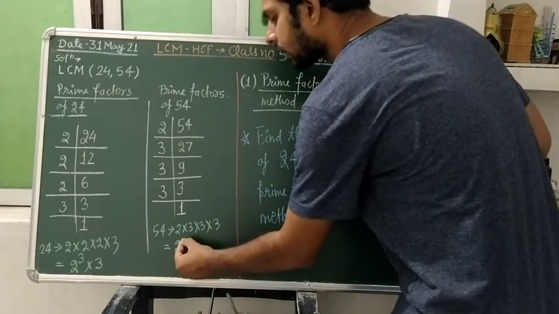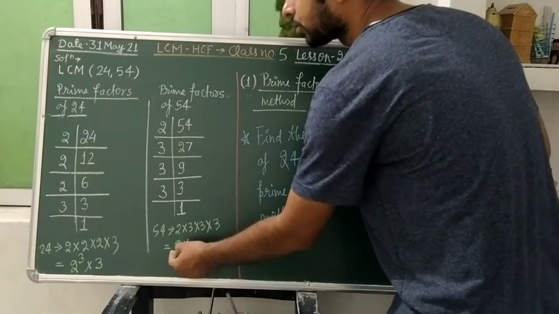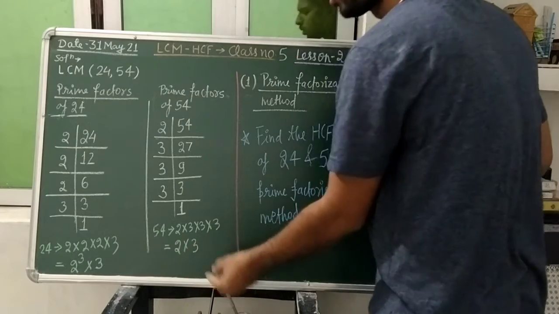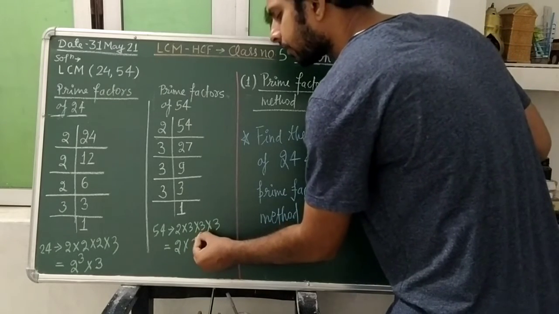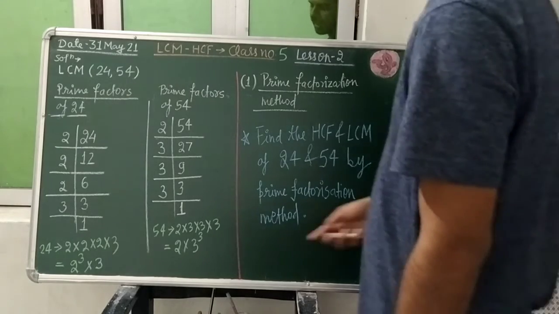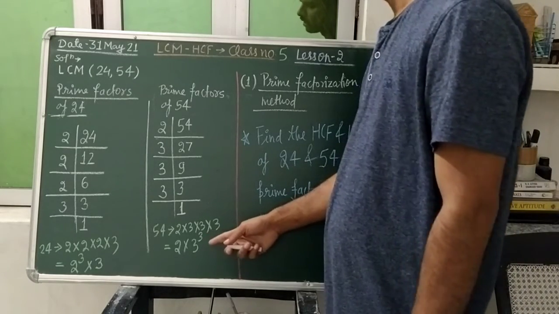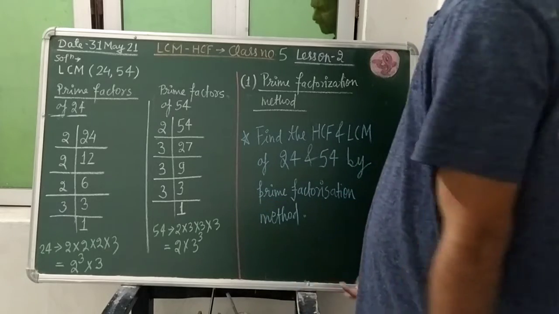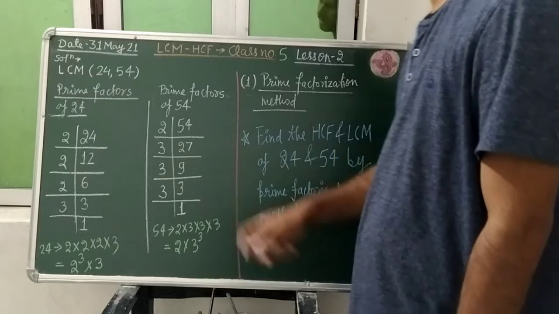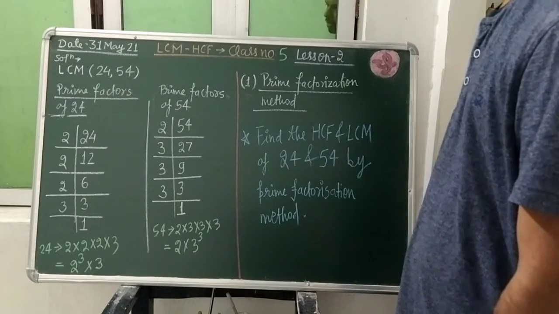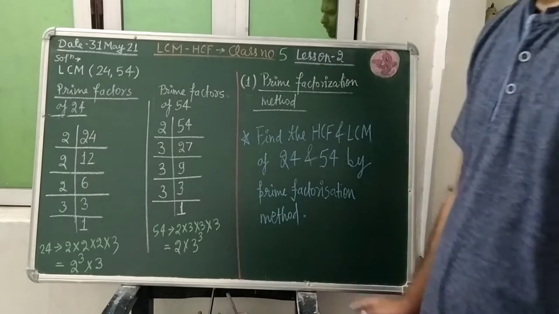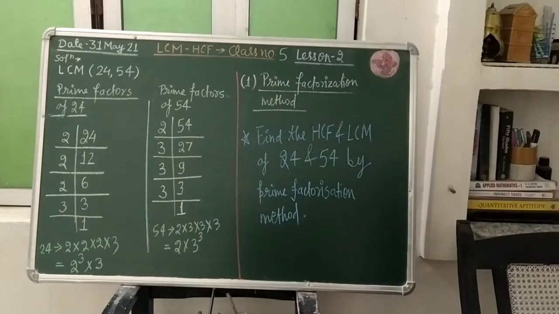So we can write it as, students, 2 is present only one time, so 2 into this number 3 which has the power of 3. So 3 to the power 3. So how can we write the 3 to the power 3, students? 3 multiplied 3 times. So the most common form will be something like 8, students. Okay students? So write it here first, students.